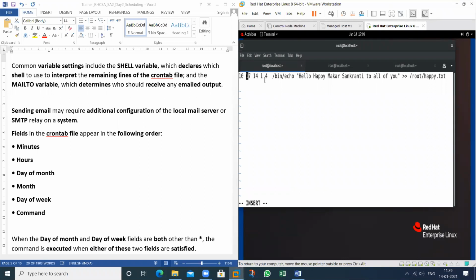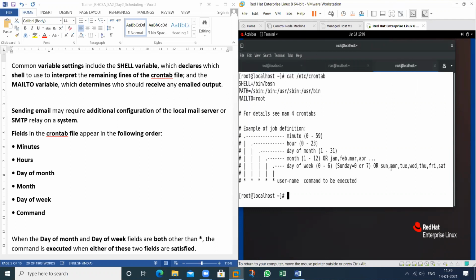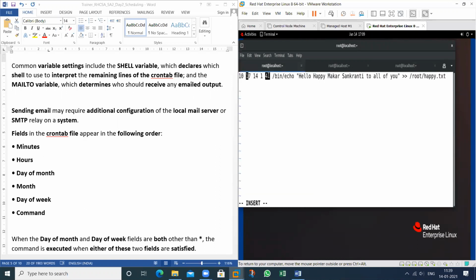It will not take it automatically. So as I told you, 0 means Sunday, and 7 means Sunday also. 1 means Monday, Tuesday, Wednesday, Thursday, Friday, Saturday. So it will take from 1, 2, 3, 4. So it's Thursday, so I have typed here 4.